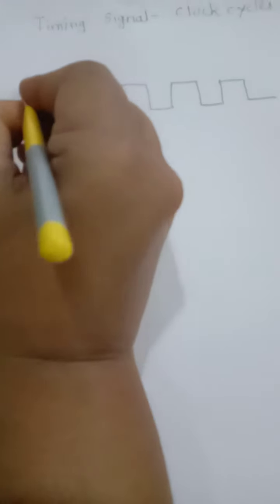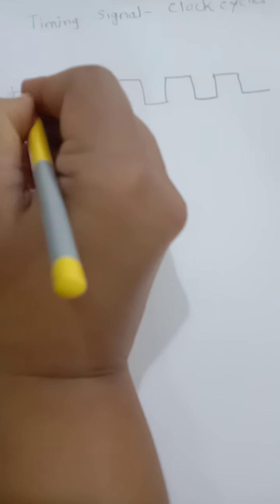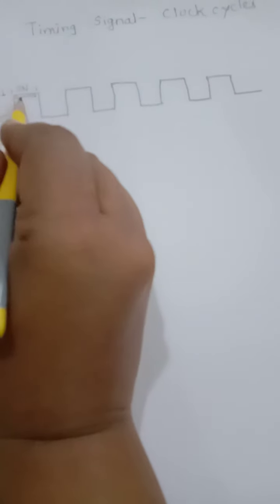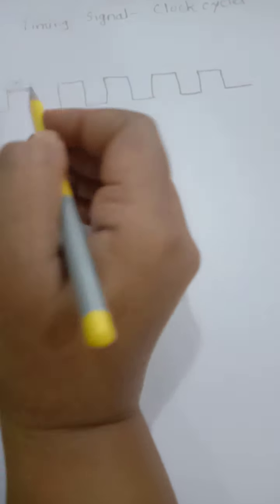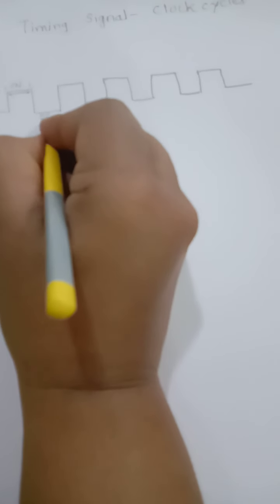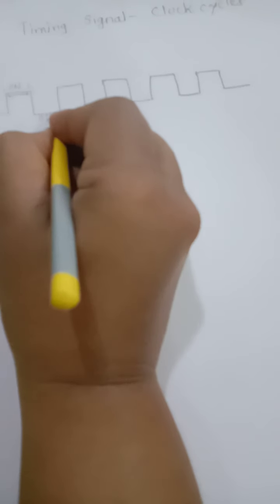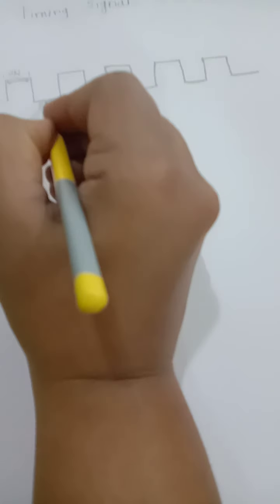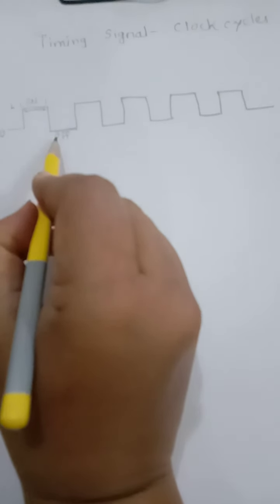So in this square wave, this portion of the signal is known as the on time period, for which we can represent the binary patterns. This level is represented as binary 0, and this level is represented as binary 1. This particular portion is called the on time of the signal, and this is called the off time, because from this to this the signal is at 0 level, that is, at low level. So this represents the off time.